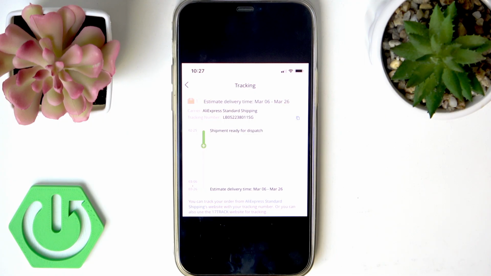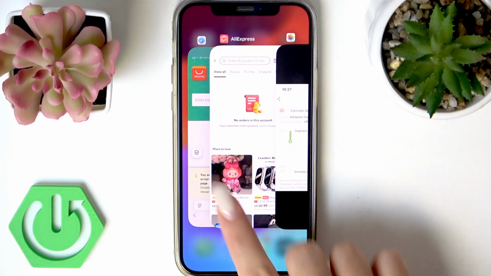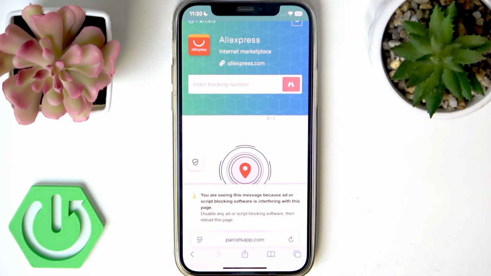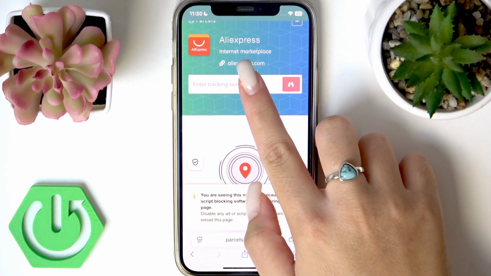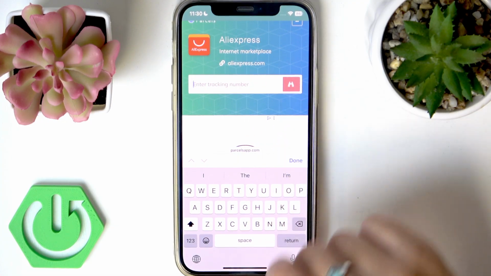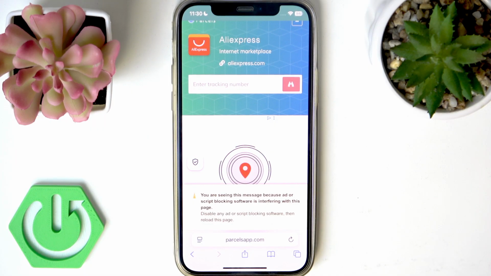But if you don't want to use the AliExpress application, you can also copy your tracking number and drop that number into universal tracking websites. AliExpress here suggests that I use the 17track website, but I personally prefer this website, parcelapp.com. So here enter your tracking number, then tap this icon and it will pull all information from